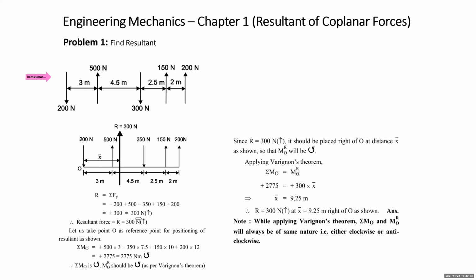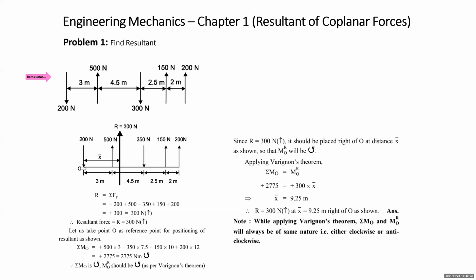Now students, we need to decide in this problem: the examiner has not given the moment center from where the position of the resultant is to be measured. So it is our choice. I took this point as reference on the line of action of the first force. All right, let us take point O as reference. This is our choice. You can take some other point, that does not make any difference. Now we'll find sigma Mo, the algebraic sum of the moments of all forces about moment center O.